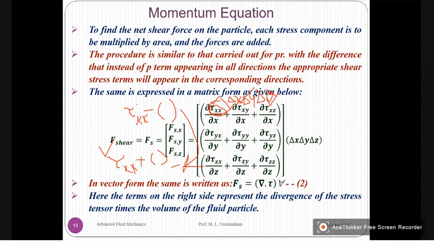This is due to tau xx. Similarly, due to tau xy also, you will get tau xy minus something at the inner face and tau xy plus something at the outer face, and the difference will be the gradient. So like that,